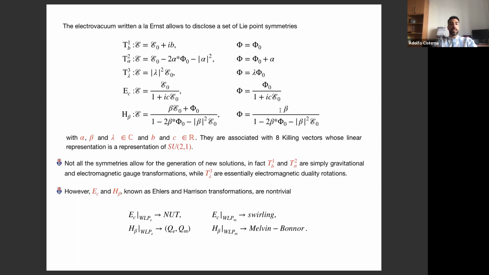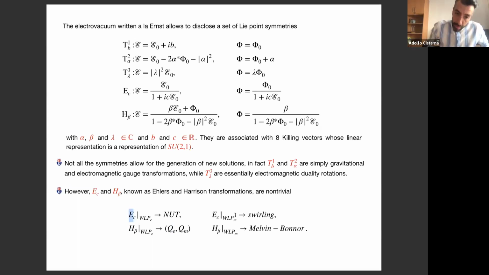So this transformation has the capability of taking something that is a vacuum solution and transforming it into an electrovacuum solution. And what it does in concrete terms is that it can take a given solution and endorse to it monopolic electromagnetic charges, electric and magnetic charges, or can take a space-time and distribute a background electromagnetic field on top. This is called the Melvin-Bonner universe. Now you might be asking, under which circumstances does the same transformation produce two different effects?